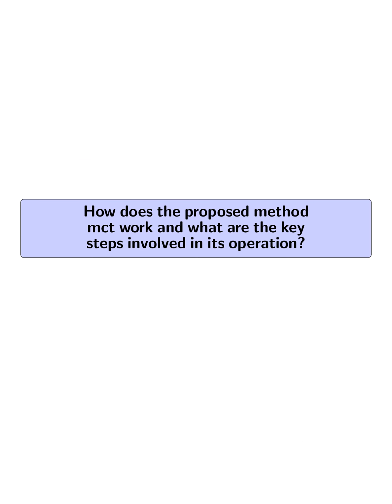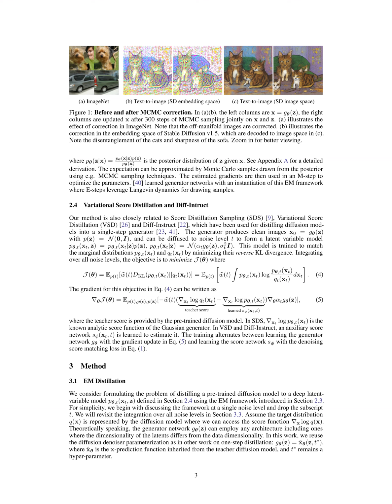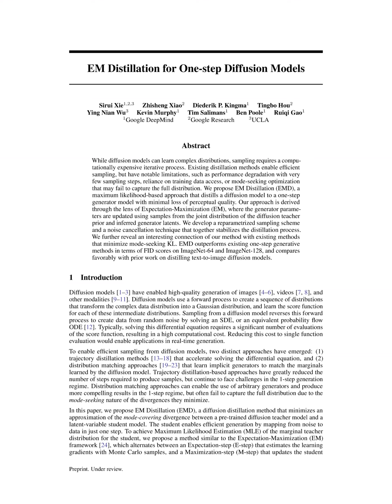How does the proposed method MCT work, and what are the key steps involved in its operation? The proposed method MCT works by distilling a pre-trained diffusion model into a deep latent variable model through an EM framework. The key steps involved in its operation include: 1. Initializing the student model with the teacher model weights, 2. Running Langevin dynamics with joint sampling of noise and latent variables to correct the sampled pairs towards the desired distribution, 3. Canceling accumulated noise in the samples to improve the stability of training,